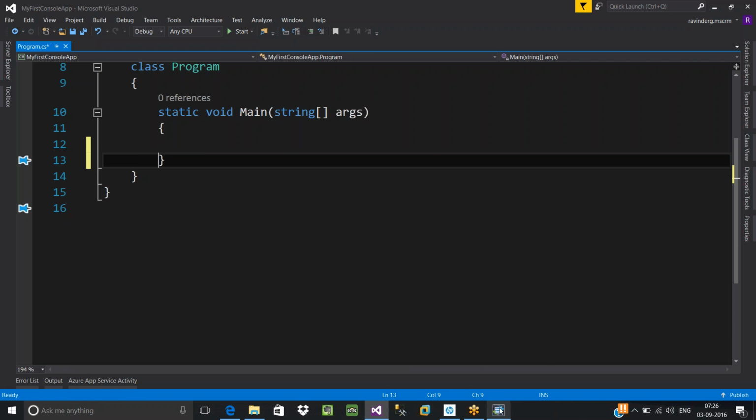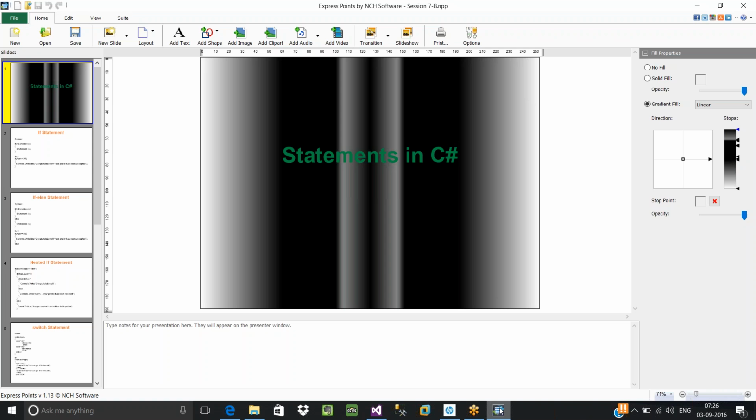Okay, let's go back to our next concept, that is statements in C#. This is very, very important. What is a statement? Why do we need a statement in C#? Basically, whenever you want to perform any action based on a set of conditions, then you'd be needing statements. For example,